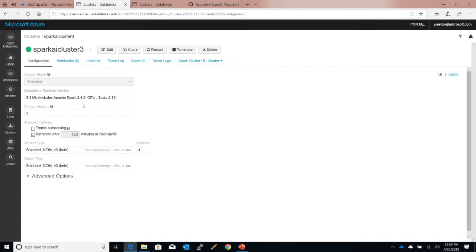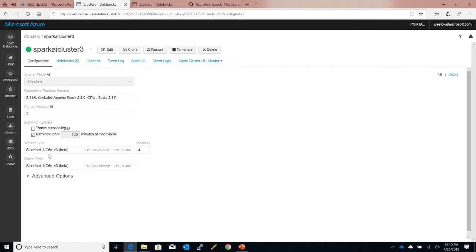You'll see that I'm using the ML runtime, right? On top of this, of course, I still have Python, but you'll see that one of the things that I've defined here from a worker type perspective is NC6. So NC6 on the Azure public cloud, right, is essentially GPU machines. NC6 runs the Tesla K80s, right? And you see that we've created a Databricks cluster backed by a whole infrastructure of GPU nodes.